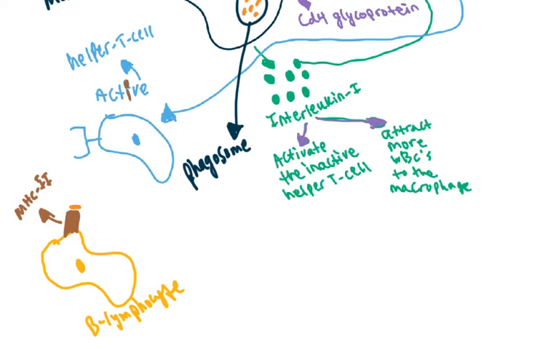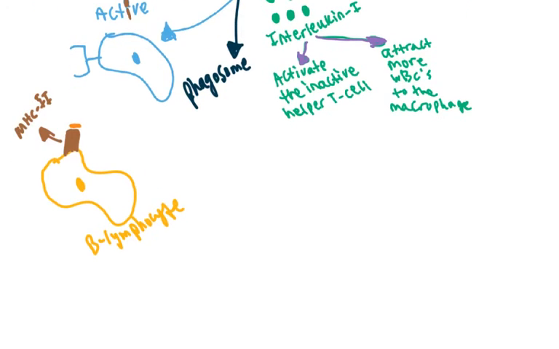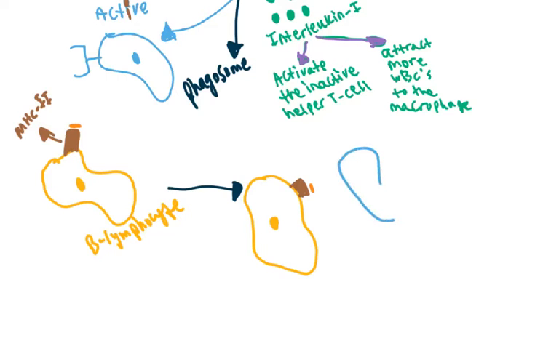So the helper T cell will actually bind here. So what we'll see, right? Let's go and draw this as a sequence of events. Then what we'll see is that this B lymphocyte will have, so let's go and draw the MHC2 again. Let's draw its antigen, and then we'll see the T lymphocyte, the helper T cell,